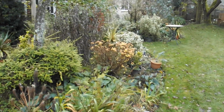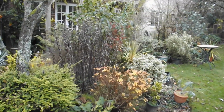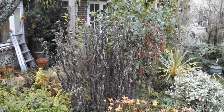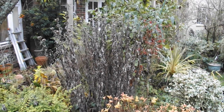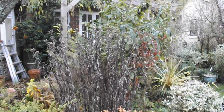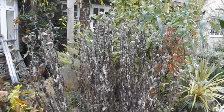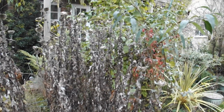One thing I was going to do today was to start to cut back some of the seed heads. Can you see there are large clumps of brown that look rather ugly? But I want to just put in a plea for actually leaving the seed heads,